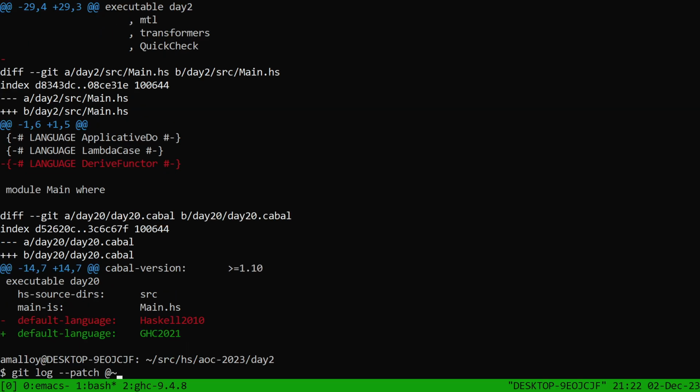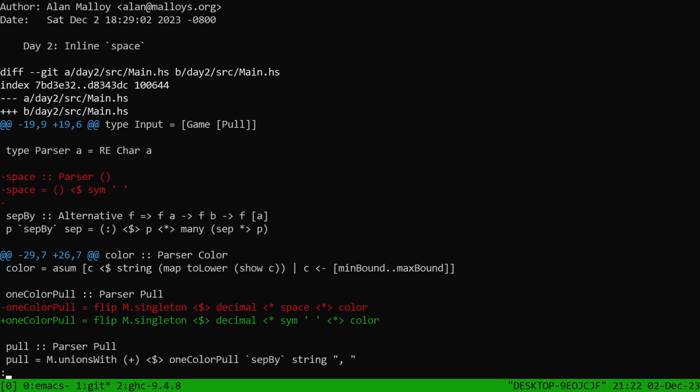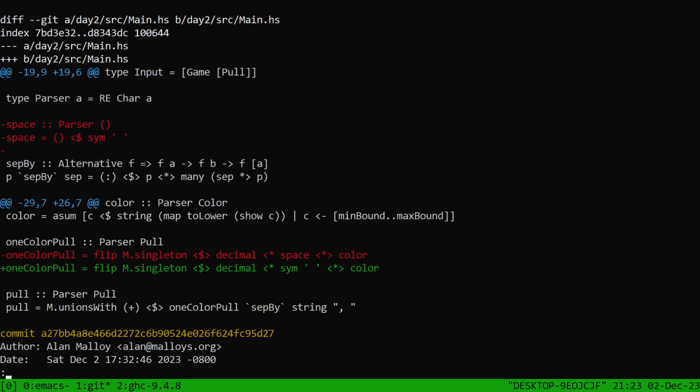But I also wanted to look over some other changes I made. When I was writing yesterday's problem, I thought, okay, I'll need space written several times because there are several spaces in the input format. So I defined space as a parser, and it turns out I only used it once, so I inlined it. It occurred to me I could even not import sim if I wanted, because this is my only usage of the sim